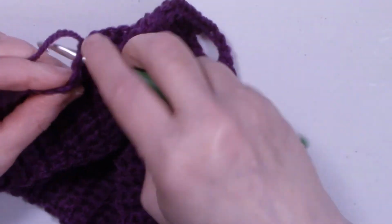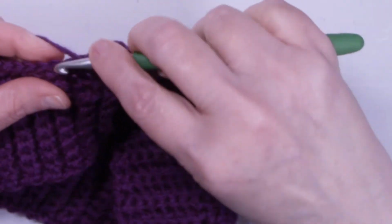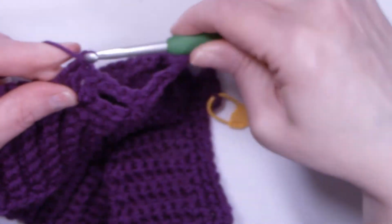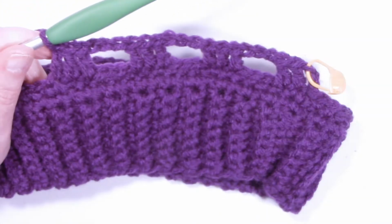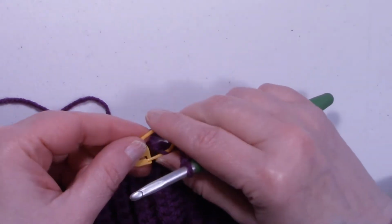1, 2, and 3. So please repeat this pattern all the way around, and I'll meet back up with you at the end of the round. At the end of row 3, we're going to take that stitch marker out